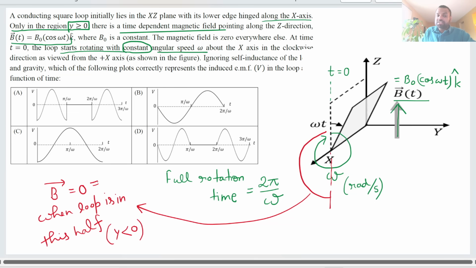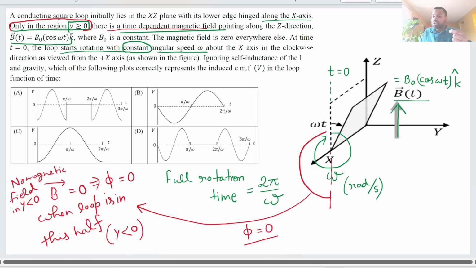So if B vector is 0, that means flux is 0, because the problem says only in the region y greater than 0 there is a magnetic field. So there is no magnetic field in y less than 0. So when the loop is in this half, the phi is 0, right? Phi is 0. So d phi by dt is also 0 in this half